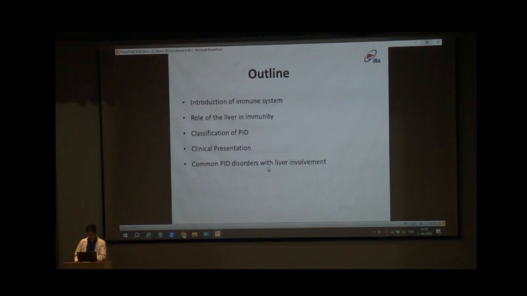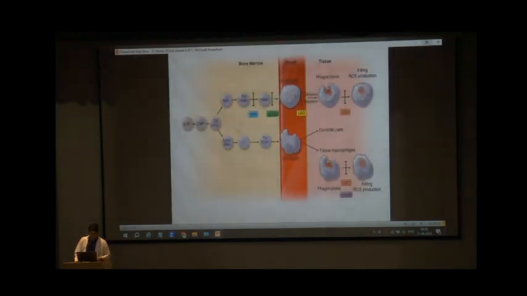syndromes with liver involvement. First of all, I am discussing the differentiation of neutrophils and monocytes from the hematopoietic stem cells. The first step is in the bone marrow: the hematopoietic stem cells differentiate into the common myeloid progenitor cells and further differentiate into the